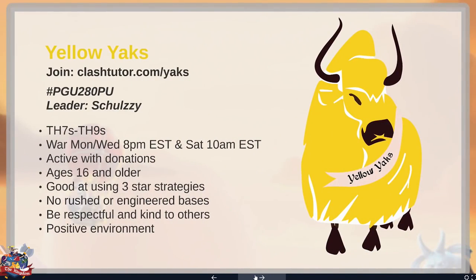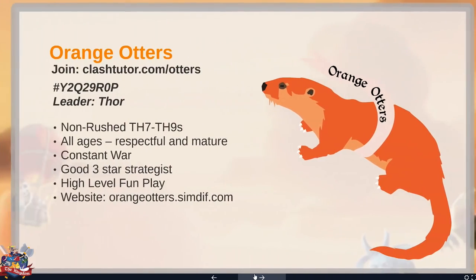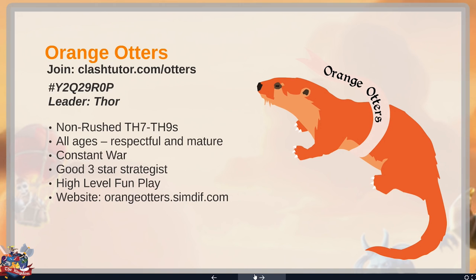Yellow Yaks, you can apply to them by going to classtutor.com/yaks, and they are seeking Town Hall 7s through Town Hall 9s. Orange Otters, you can apply by going to classtutor.com/otters, and they are looking for Town Hall 7s through